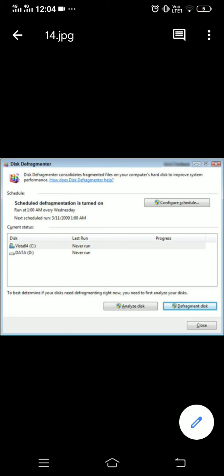You just run it, and then you can see your system, your hard drives. Basically, disk means your partitioning: C drive, D drive, E drive. Those disks will be defragmented, and the memory will be properly utilized. The memory bit space will be properly utilized. We have scheduled it, whether weekly or monthly, but basically we are doing it weekly.